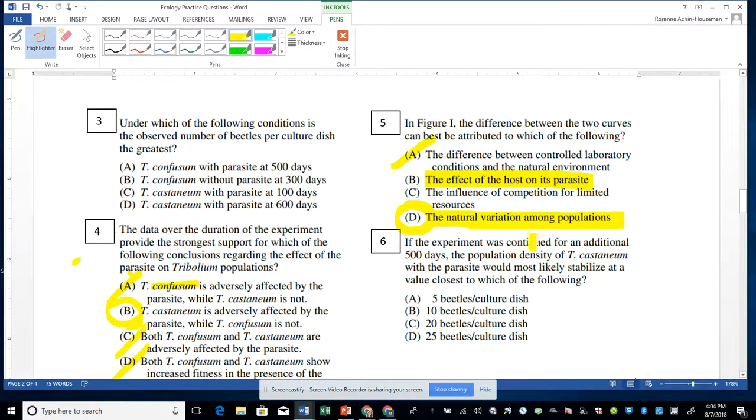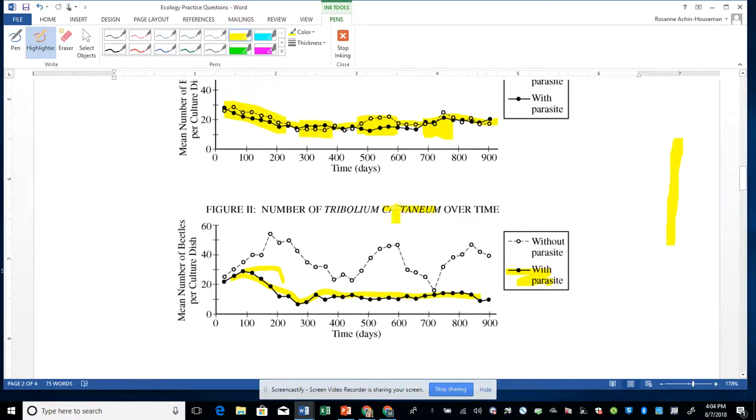Okay, last one in this little set. If the experiment was continued for an additional 500 days, the population density of Castanium with the parasite would most likely stabilize at a value closest to which of the following? Okay, so the Castanium is the second one, and they said with the parasite. So it hopped down a little bit here, but overall, it's kind of in this range. And so if I bring that over, it dropped a little here, somewhere around 10, maybe